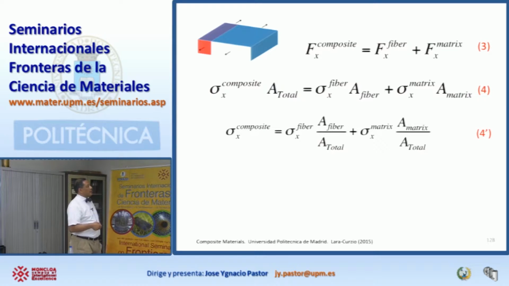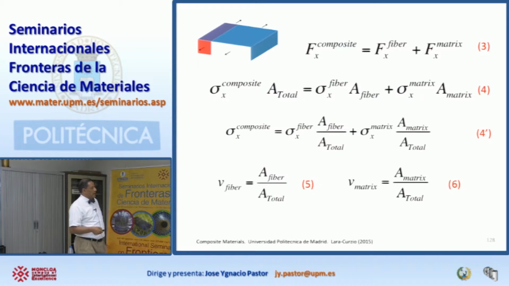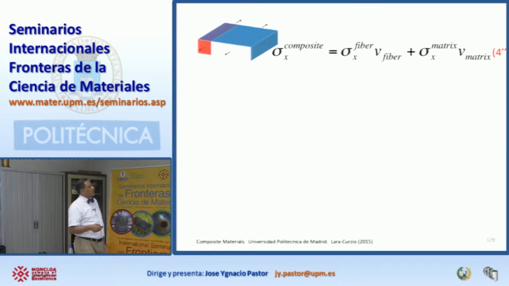And then we can rewrite the stress of the composite. We take the area and we move it to the other side, so we get these ratios. And if you remember that we had defined the volume fraction of the fiber as the ratio of the area of the fibers divided by the total area, and the volume fraction of the matrix as the area of the matrix divided by the total area, and knowing that the volume fraction of the fibers plus the volume fraction of the matrix has to be equal to 1, what we get is this relationship,